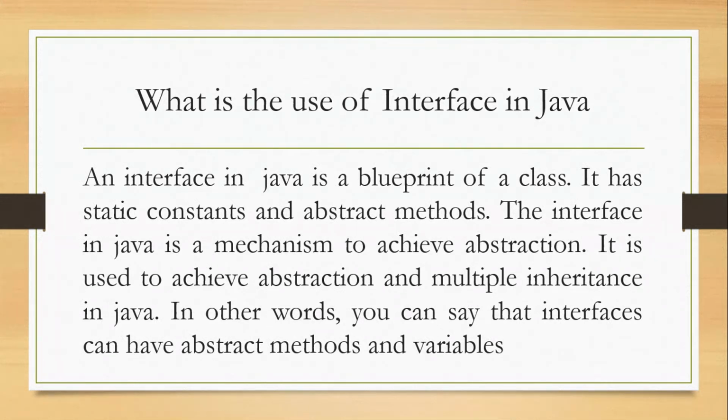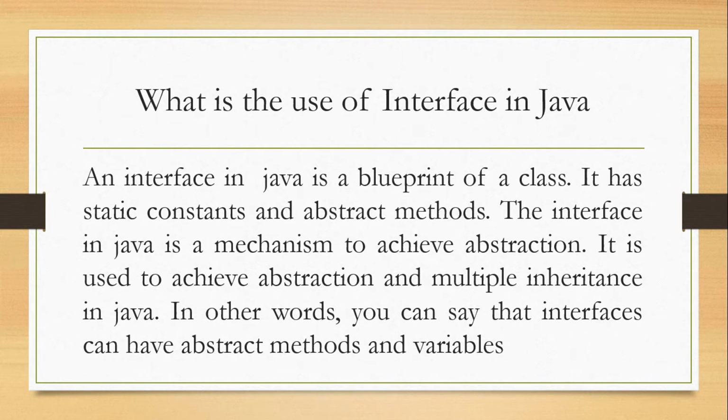To explain interface, I have to start from abstraction. Those who have already watched my previous video know what is abstraction. A class can be an abstract class which can have non-abstract methods and abstract methods as well. Abstract methods are those methods which do not contain any method body, and we can override those methods in any child class. Interface also has the same mechanism.